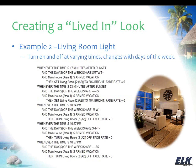So the next example I wanted to show is just basically a living room light, and this could be any light in the house. This could be multiple lights in the house. Just depends on how you want to set it up. But again, for my example here, I'm using a living room light, and my rules are all based on sunset, so you can see it's a certain amount of time after sunset. Sunset being a varying time, you're going to have a couple minutes difference from one end of the week to the next. This is going to give you a little bit more